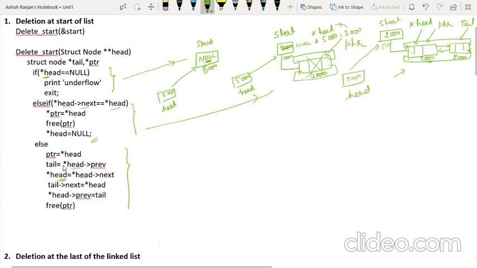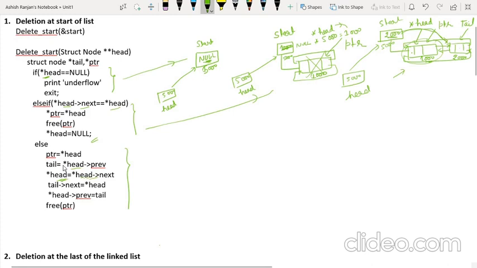The address is 5000. So asterisk of head means we are talking about the first node. So it will become asterisk of head is equals to asterisk of head ka next. So asterisk of head ka next means we are trying to store 2000 here. So it will start pointing this node.